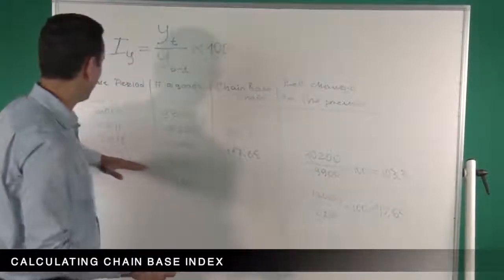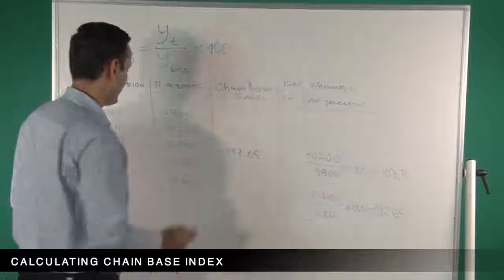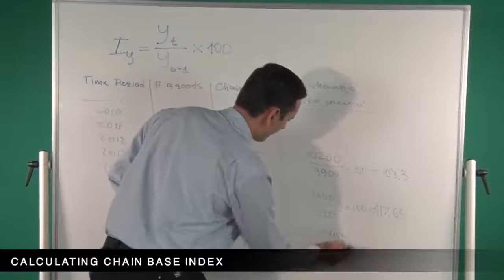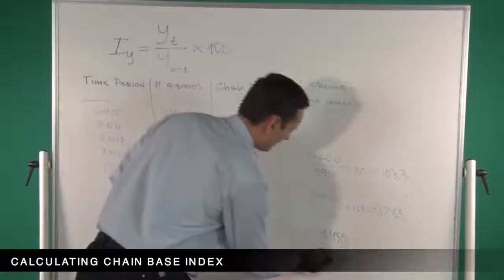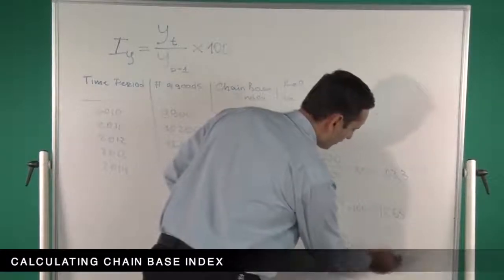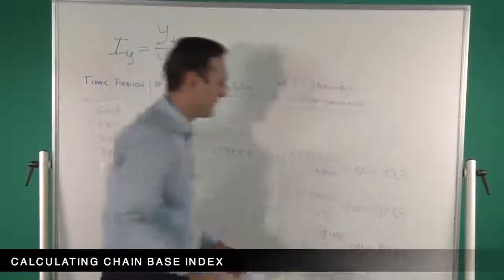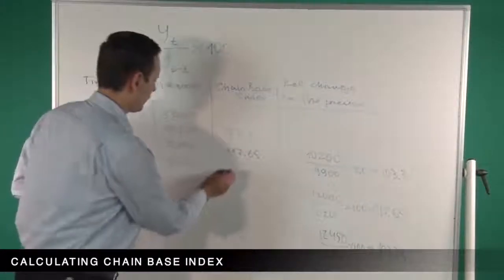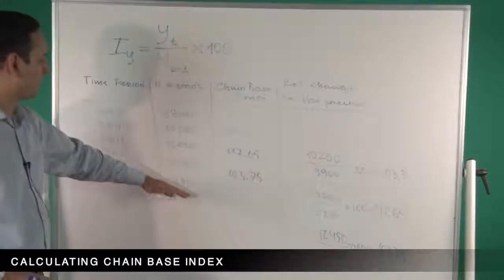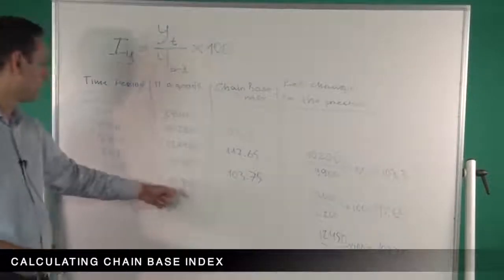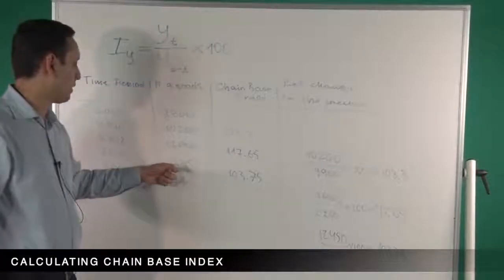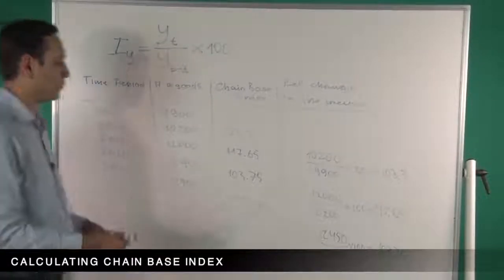117.65. Now for 2013, we divide 12,450 by the previous year, which is 12,000, multiplied by 100, 103.75. Okay, so 103.75. And for this one also, we basically divide 14,900 by the previous year's value, which is 12,450, and multiply by 100,